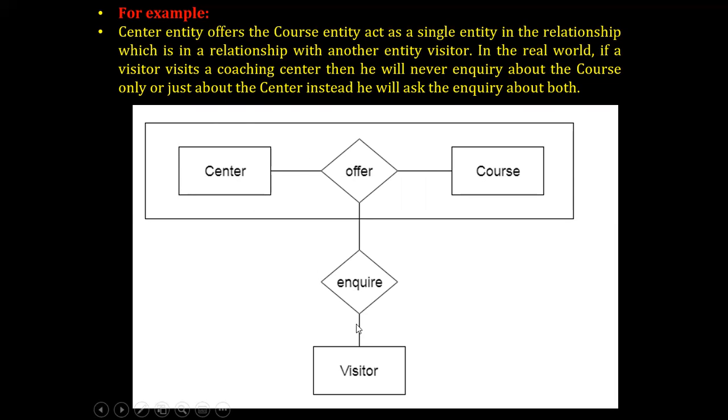That is, he will inquire about both center and the course directly. If a visitor visits the coaching center, then he will inquire about the course if I have them separate. But if I aggregate this, then the visitor can directly inquire about both the center and also the course. So this is an example for